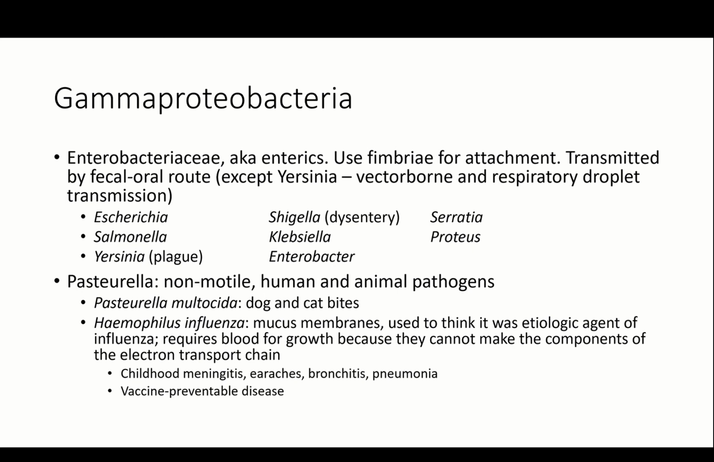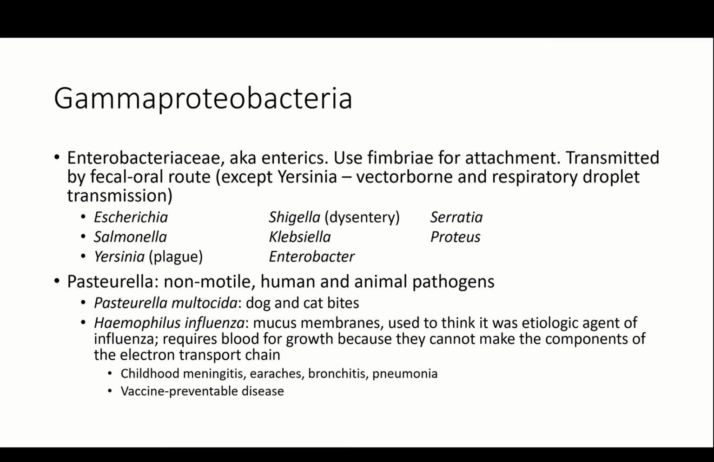Pasteurella is another organism within the gamma proteobacteria. They are non-motile, and they represent both human as well as animal pathogens. Pasteurella multocida is an organism that can inhabit the mouths of dogs and cats, so the way we get these infections is through their bites. Remember that these bites, especially from cats who have narrower but sharper teeth, are able to puncture deep within the skin, and that's an effective way to transfer Pasteurella multocida. So when there is an animal bite, it's important to wash the wound right away, but also to seek treatment